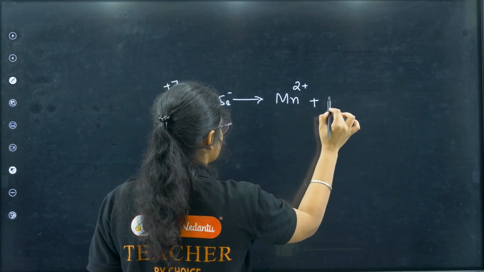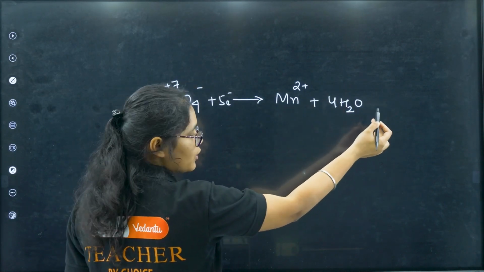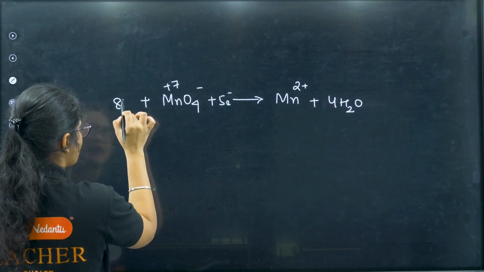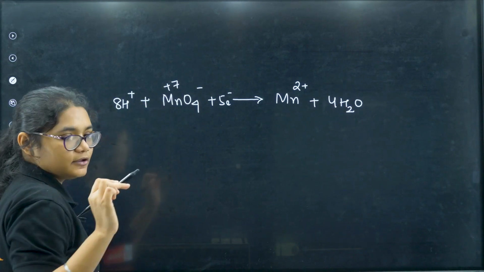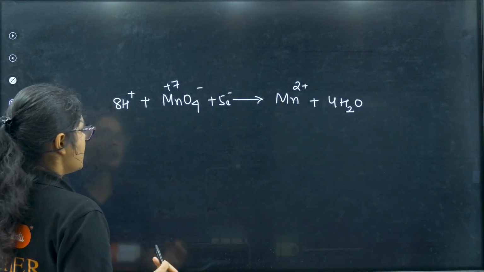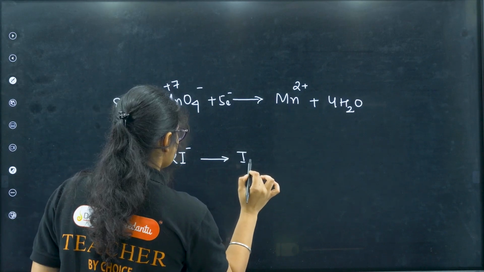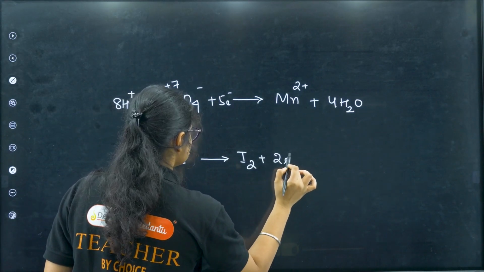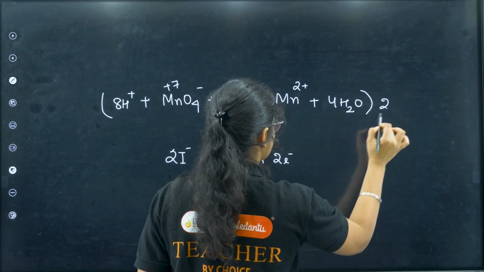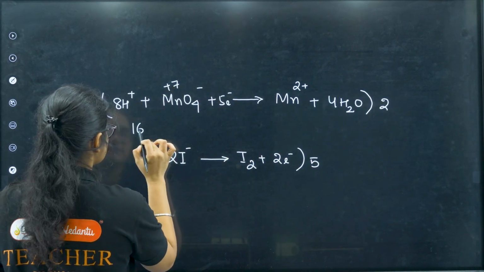Then I have 4 water, so I will add 4 water here. To balance oxygen you should add water. Then this side there is no hydrogen, so I will add 8H plus. You have studied in redox reactions how to balance this type of reactions. Now if I compare the I minus, 2I minus will give you I2 plus 2 electrons, right? To make the number of electrons same, this one should be multiplied with 2 and this one should be multiplied with 5. So I will get 16H plus